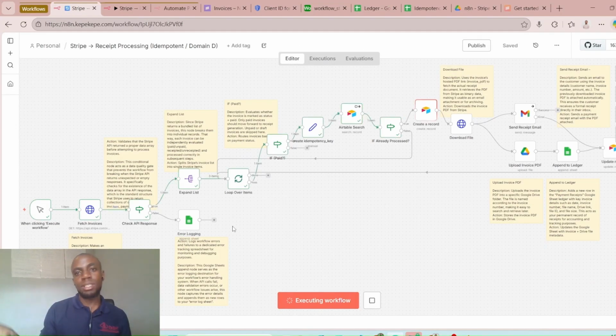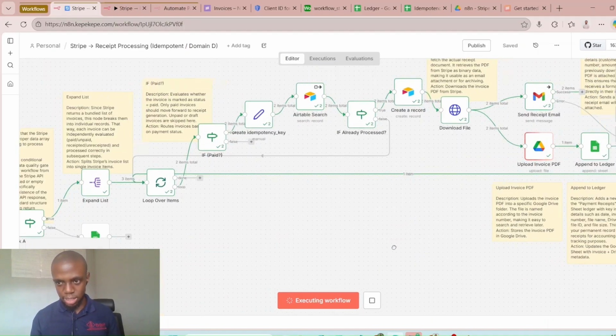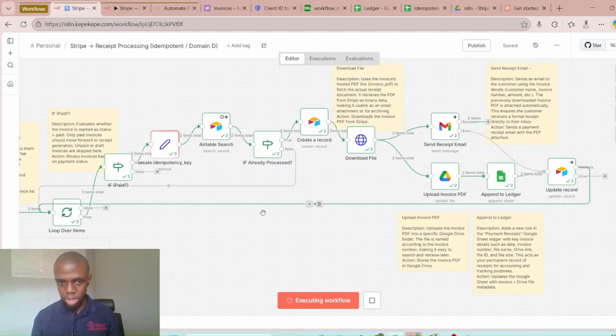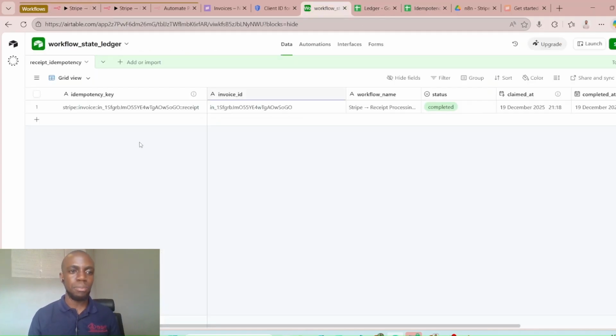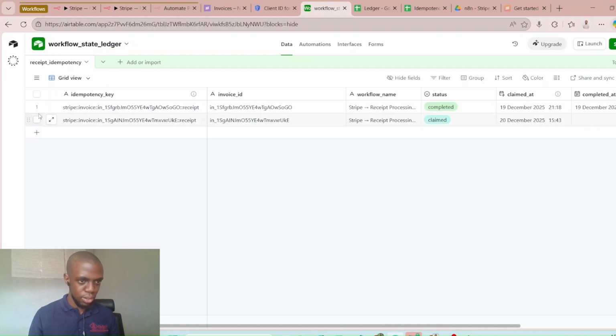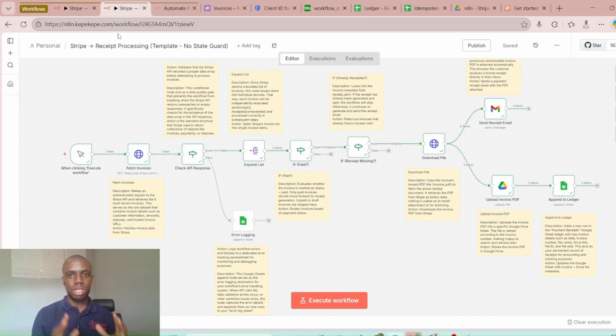It loops through each and every invoice once, and then checks against our ledger to see if the invoice has been receipted or not, and then comes back and processes the next one. Here we are on number 2. If you can see that, I'll zoom in. And then now it's checking the 3rd one, and you see it has completed on the 3rd one after checking if it's already been processed. Our ledger now contains 3 records,